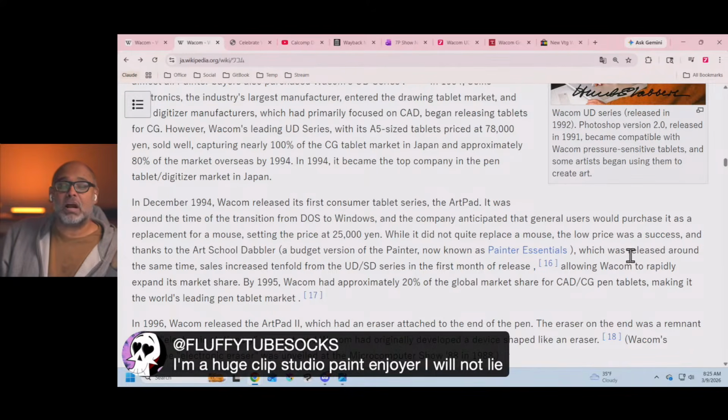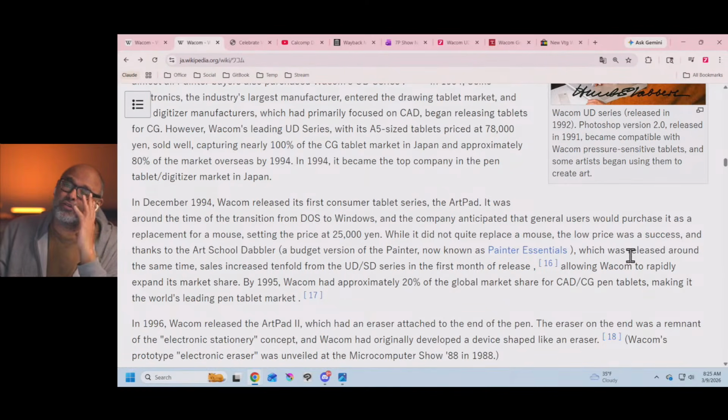By the way, I didn't buy Clip Studio for years. I wouldn't do it because the name was Manga Studio. And I was like, well, I don't do manga, so why would I buy Manga Studio? Then they changed it to Clip Studio, and then I wouldn't buy it because I thought, oh, this is for making clip art. But I don't make clip art, and I don't use clip art, so why would I buy it? It took forever for me to realize Clip Studio Paint was just a generic drawing program.